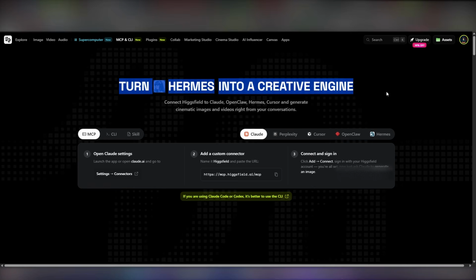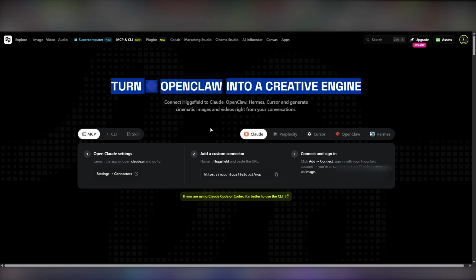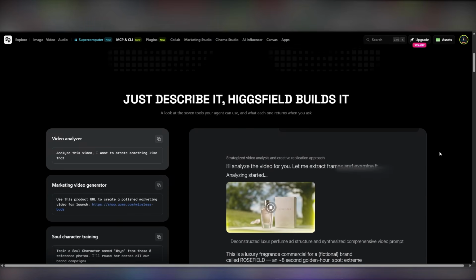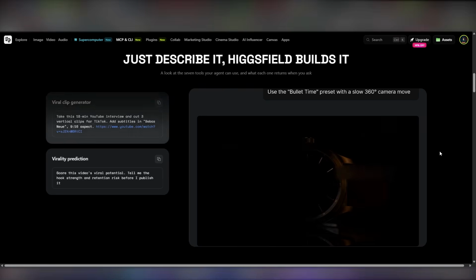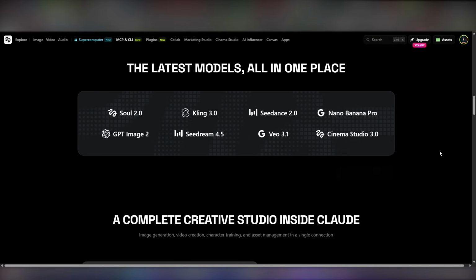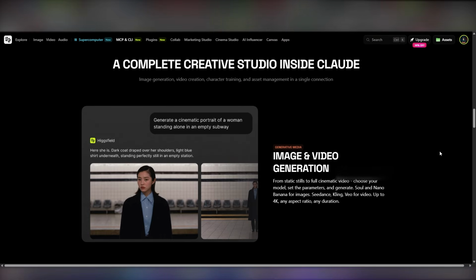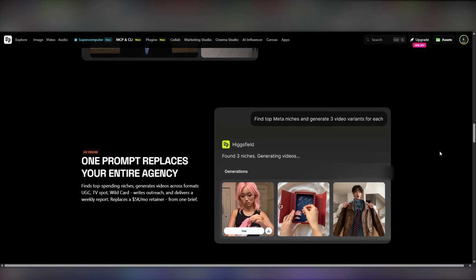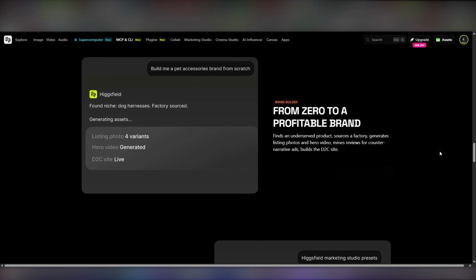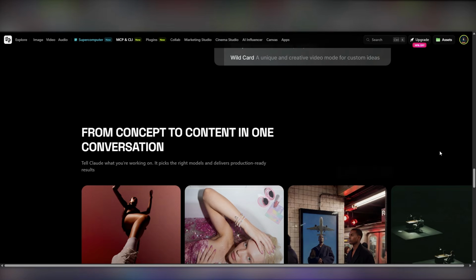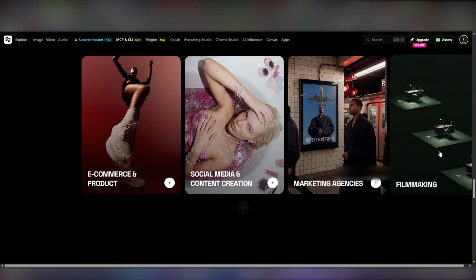But instead of manually jumping between different AI tools, I want to test a new workflow with Claude and Higgsfield MCP. Claude will act like the brain. It will analyze this niche, create the story, write the scenes, and prepare the prompts. And Higgsfield MCP will act like the hands, generating the visuals and helping turn this idea into real AI content